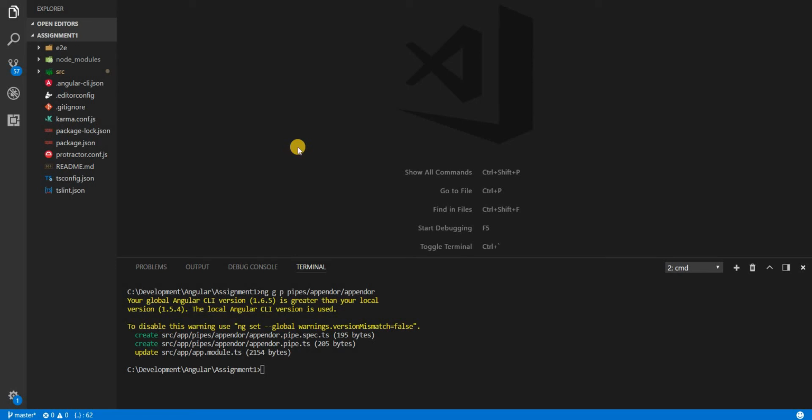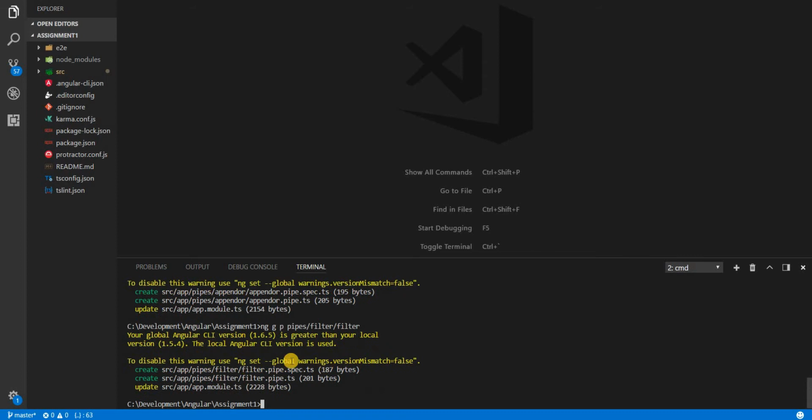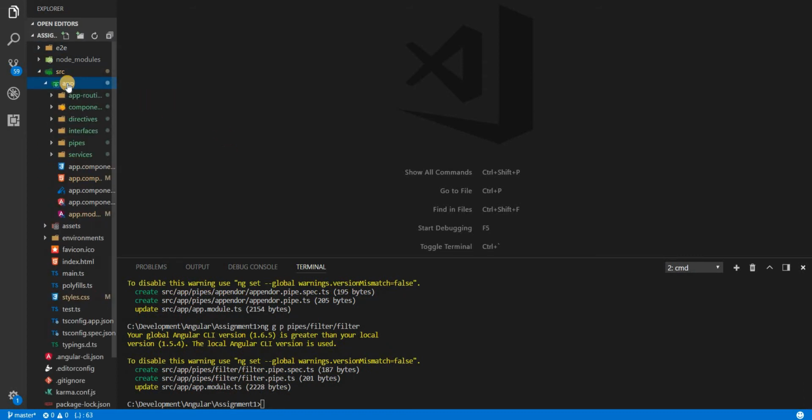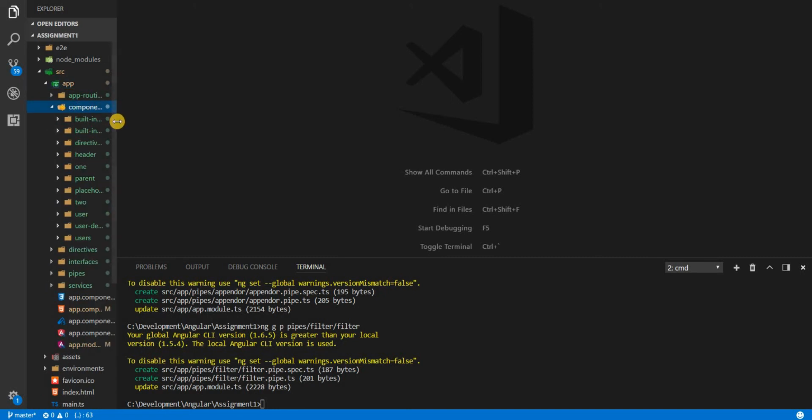So in this section we'll create a filter pipe and then we'll see what all issues are there with a pure pipe, which is the default mode in which a pipe is created in Angular. Okay, so I'll generate a pipe named filter in here. Okay, and then we are going to use this filter pipe on the users array that we have. So I'll open up the component section and in here